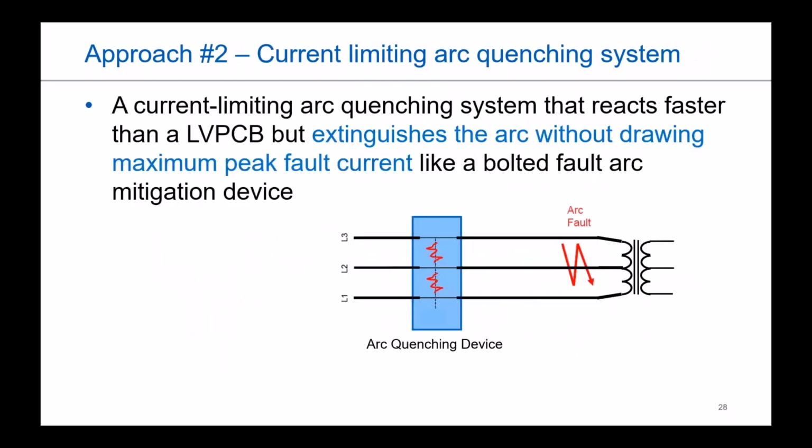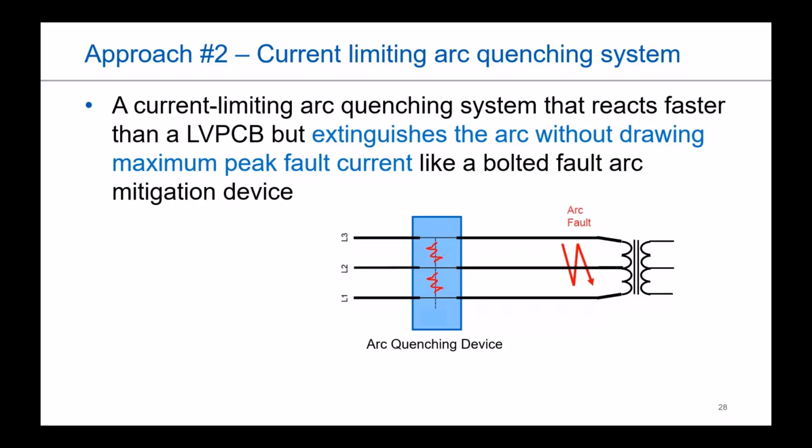So the idea is like, okay, well, what can we do if we had a current limiting version of that, essentially, to where we can extinguish the arc within the system, but doing it without having to draw the peak fault current like you do with the previous crowbar style. So that's where we want to focus in, and usually what that entails is pulling in what you can see down there in our blue box, which is how we'll refer to a lot of things for this discussion, our arc quenching device.